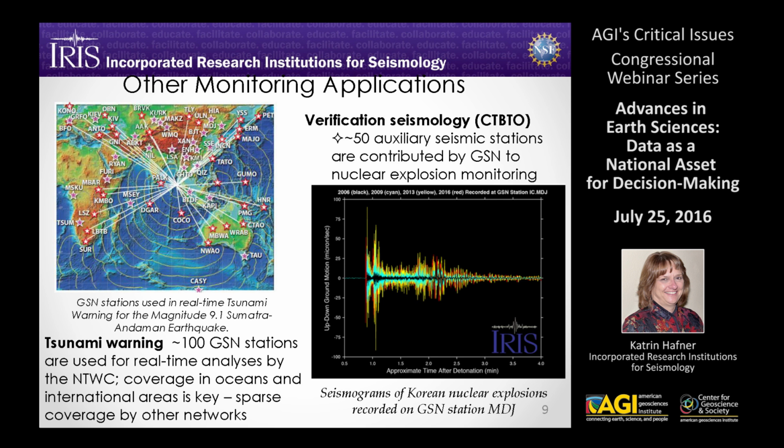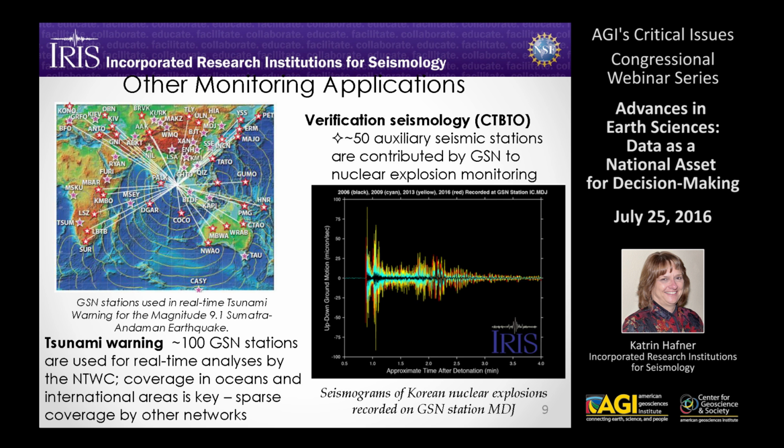And so 100 of the GSN stations are actually used in real time by these agencies to determine the potential for a tsunami. The network is also used for verification seismology, meaning we can actually detect whether nuclear explosions are being